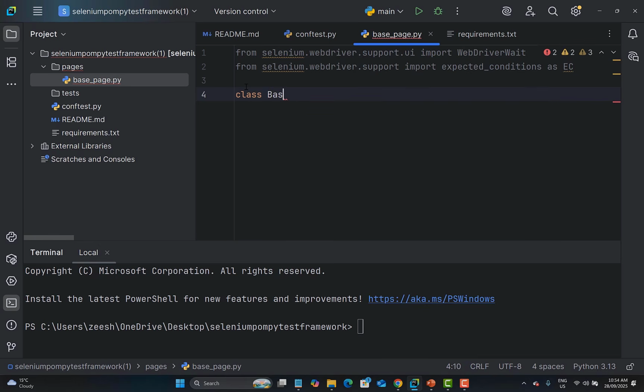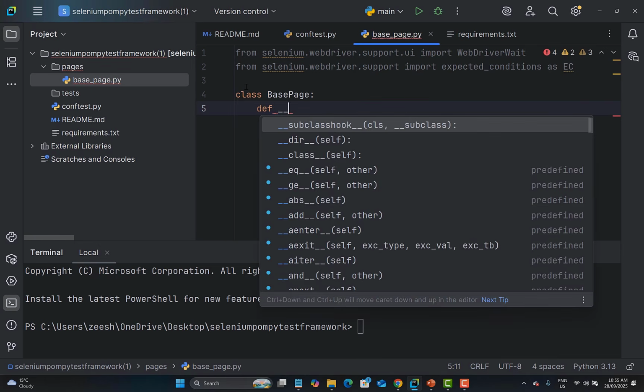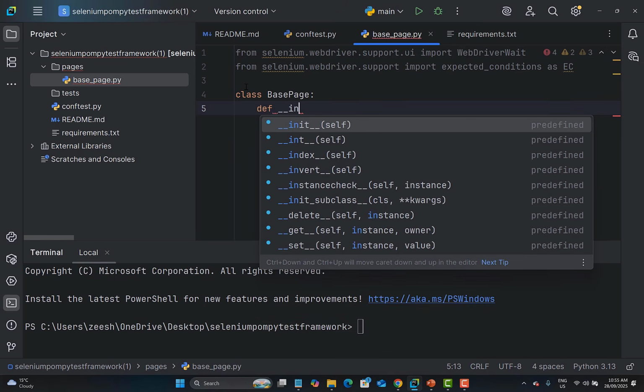Let me name it as base page. Now, first thing I will do is create a constructor method, and the purpose of creating a constructor method is that it will be called when creating a new base page instance. So def double underscore init,